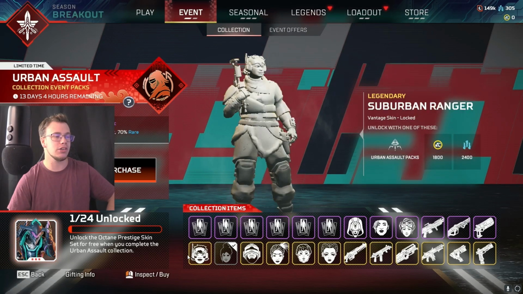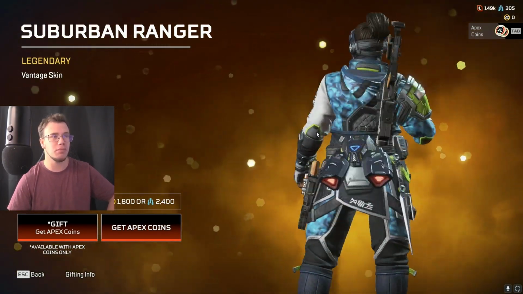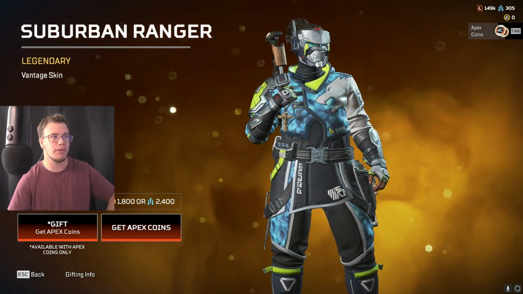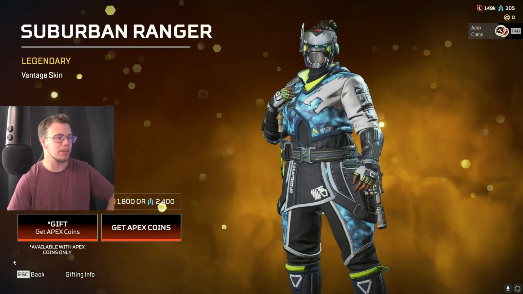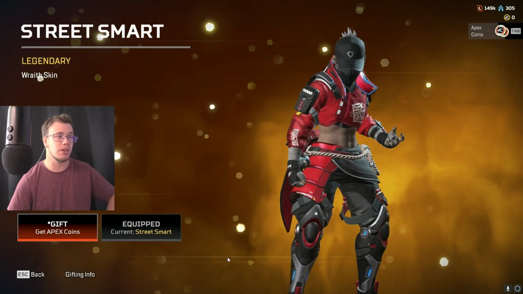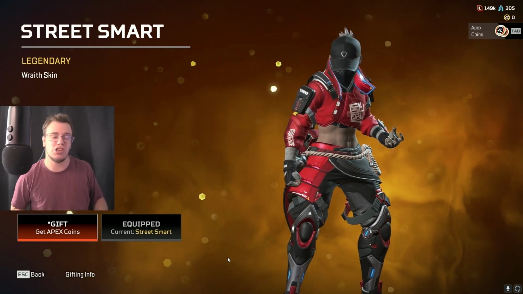Now we actually got the legendary skins. First of all, we got the Vantage skin, and honestly, that Vantage skin, I get some RoboCop vibes with her helmet, or some outer space vibes, you know what I'm saying? Not a bad skin, not particularly my favorite. The Wraith skin from this event is by far the best skin,